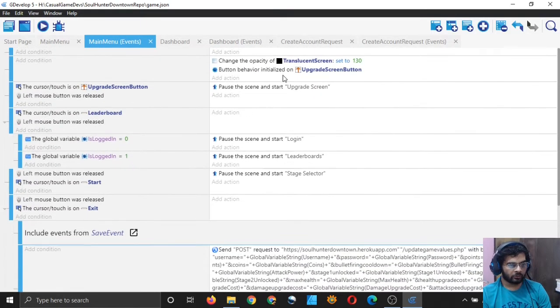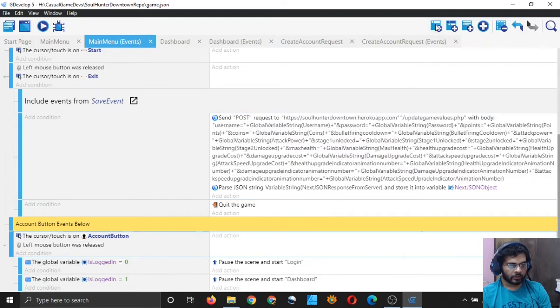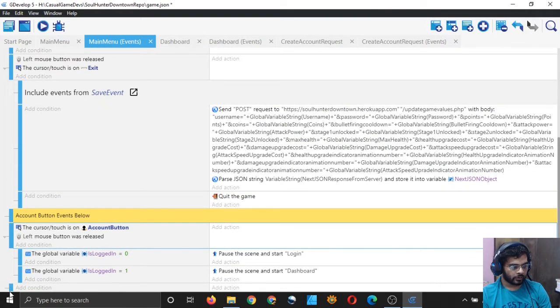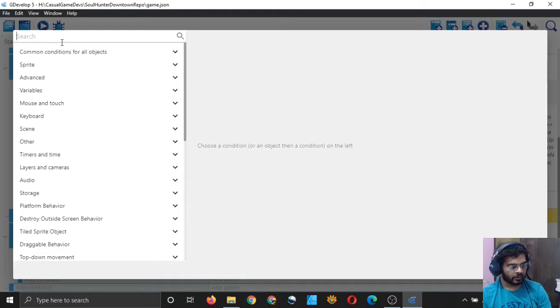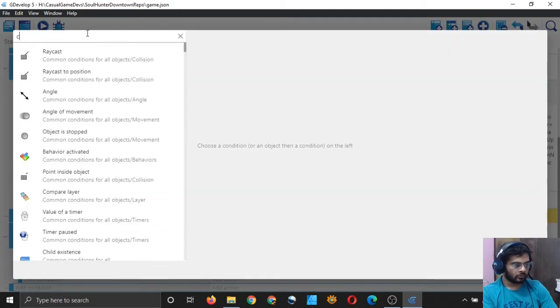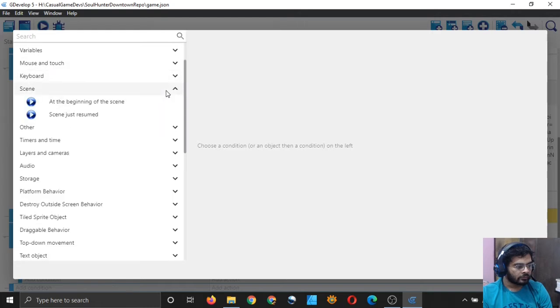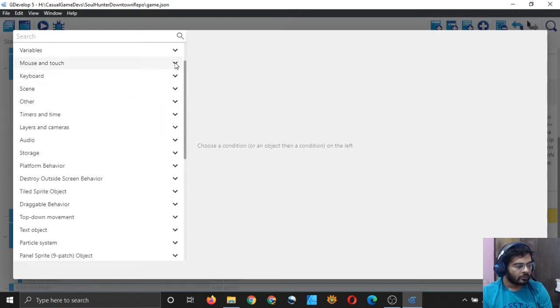There is one more thing I would like to do. I will add a new event here, and I want to check when the user exits the game. So I will see if there is any condition which checks for exit. Close. Mouse enter.